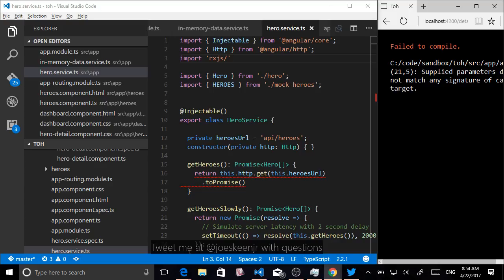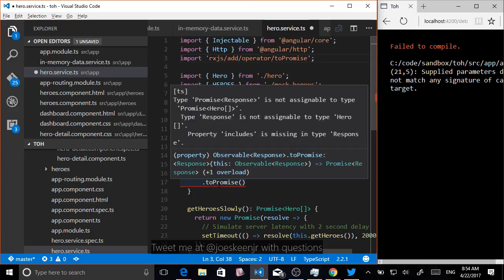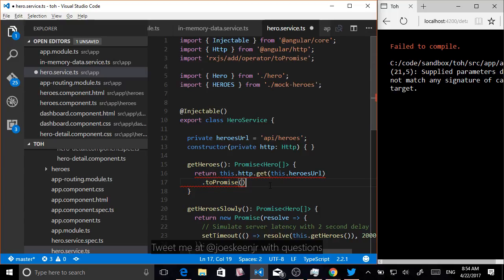Does it say anything about imports there? I'm not seeing. Oh, it's rxjs slash add slash operator slash toPromise. Don't worry too much right now about what the heck this is, but we now have a promise of type response, and that's not what we